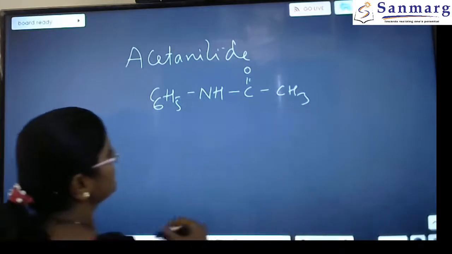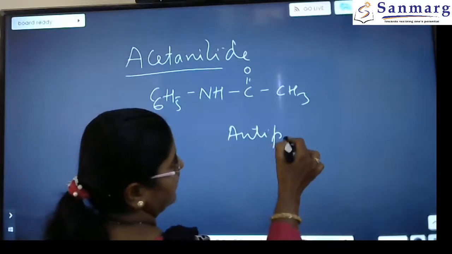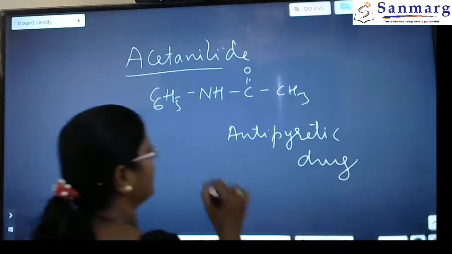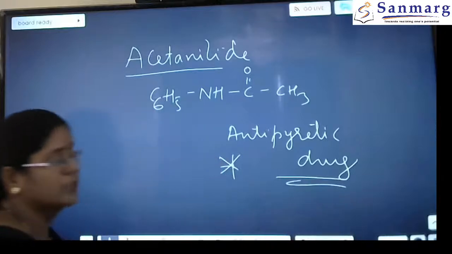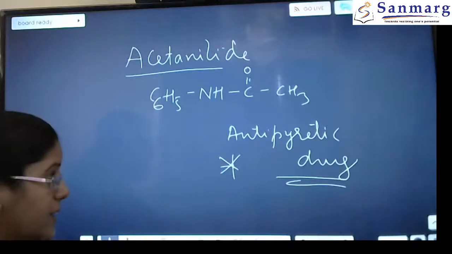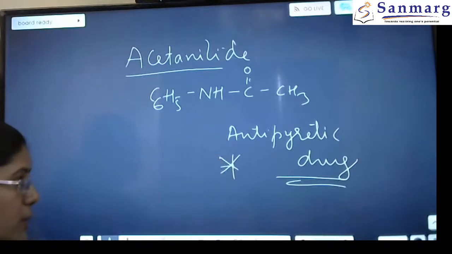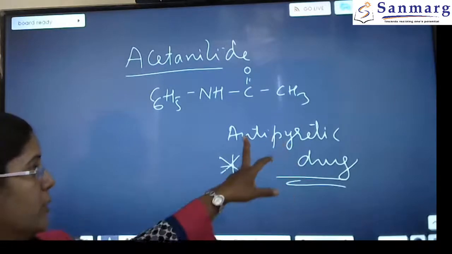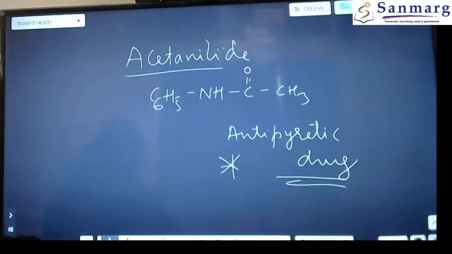So this is acetanilide, which is an antipyretic drug. Used as an antipyretic drug. Very important. It is used to treat fevers. It works like paracetamol, which lowers the body temperature, which brings down the body temperature. Antipyretic drugs. So next one,